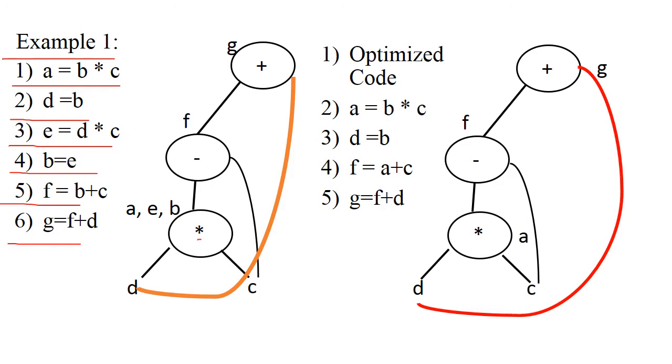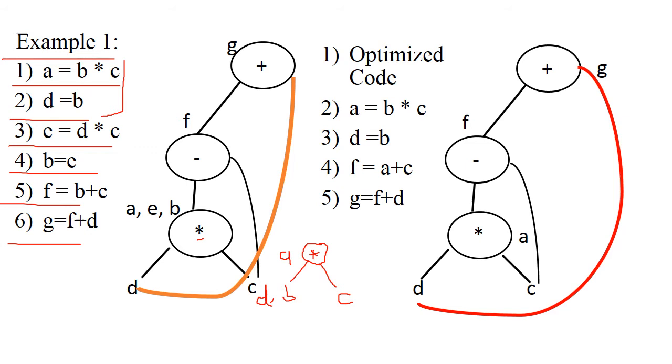Now here a multiplication node is added. On the left hand side D is there, on the right hand side C is there. After executing these two instructions, this particular part is added. So first of all here we have a multiplication. Now A is added. Okay, on the left hand side B is added, on the right hand side basically C is added for this first instruction. Now next instruction, assign the value of B to the D. So here we have to write down the D for the second instruction. Now the third instruction, E is equal to D multiplied by C.